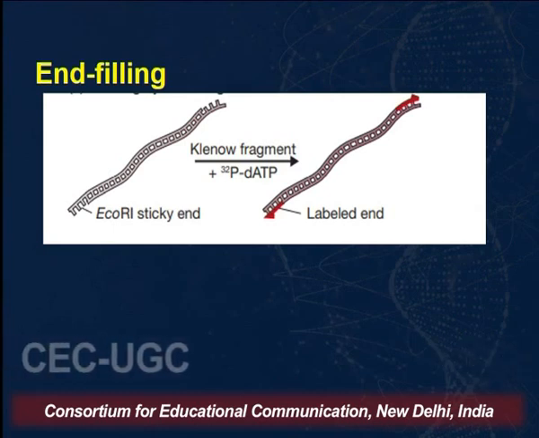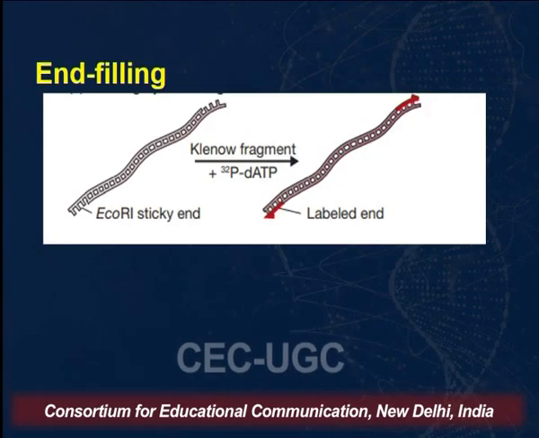Klenow fragment does not have it, because when it also has the exonuclease activity, sometimes it can actually cleave the DNA. So the probe DNA which we are using to create the labeled probe by the method of nick translation can sometimes be cleaved, because the DNA polymerase also has the nuclease activity. It can cut the nucleic acids. So in the end filling mechanism, we use a probe which is, for example, a digested fragment. We use the Klenow fragment which does not have